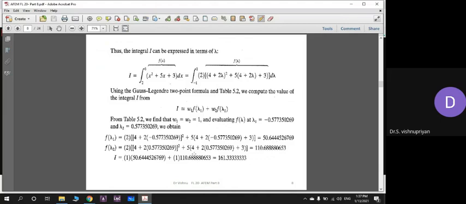Of course, if you want to improve the accuracy of this number, what you are getting, then you have to go for more sampling points, 3 or 4 or 5, whichever you like, but the process remains the same. If, for example, you are using 3 sampling points, then you have to write W1 f of lambda 1 plus W2 f of lambda 2 plus W3 f of lambda 3. Lambda 1, lambda 2, lambda 3, as well as W1, W2, W3 will be from the table.